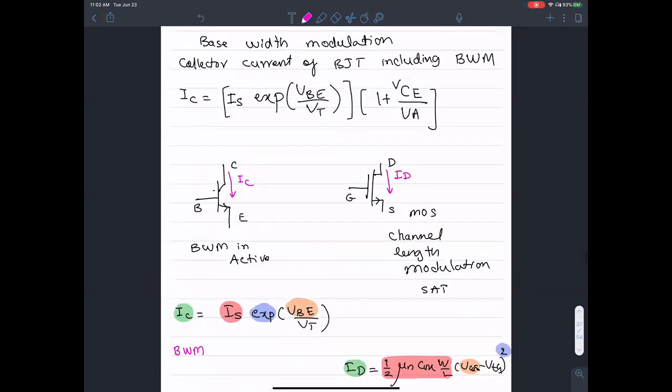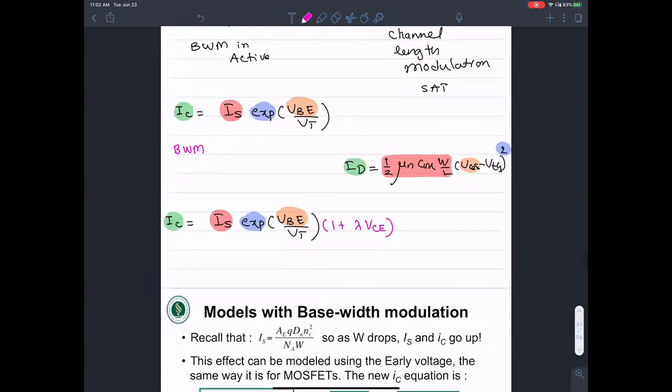So 1 over VA is lambda, the base width modulation parameter here in BJTs, and the channel length modulation parameter in MOSFETs. And if you remember the MOSFET equation that I gave you some time ago,